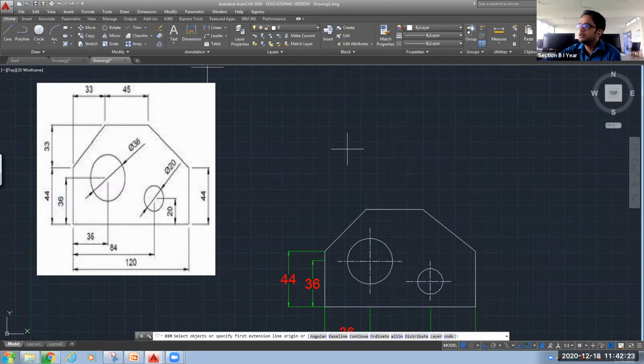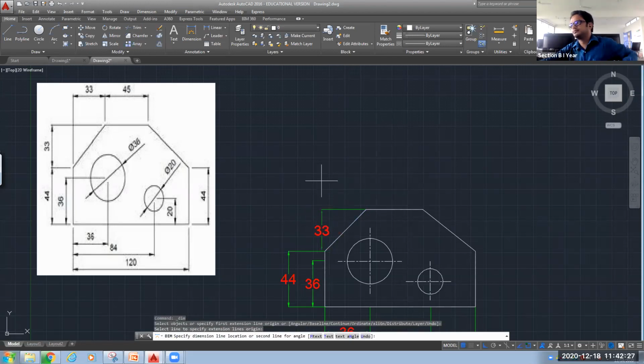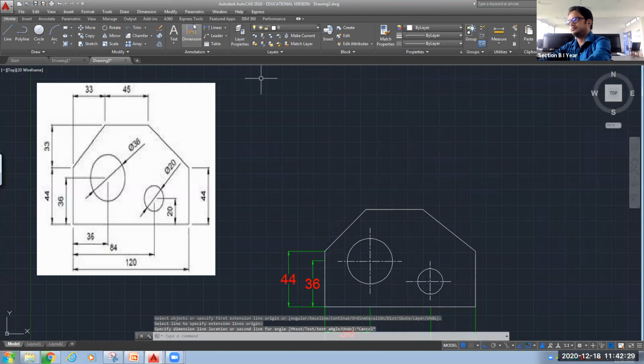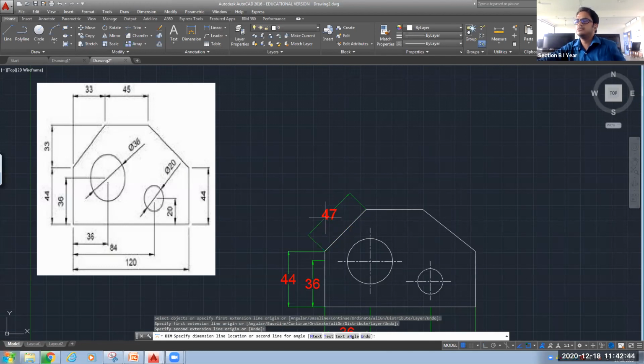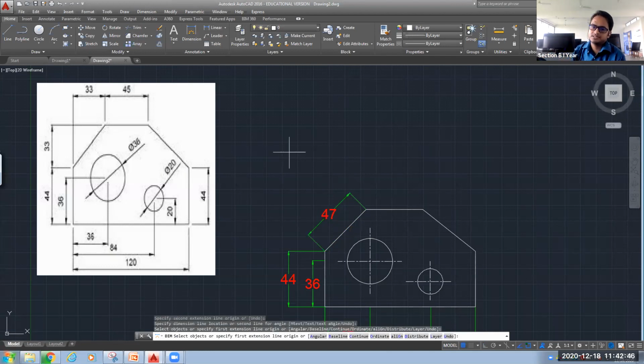Now what I want to do is give this inclined dimension. Either you can switch off this ortho mode and select this line. You can select the endpoints, 47, and you can give the dimension like this also, 47.